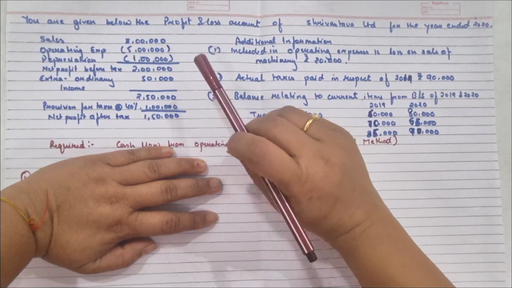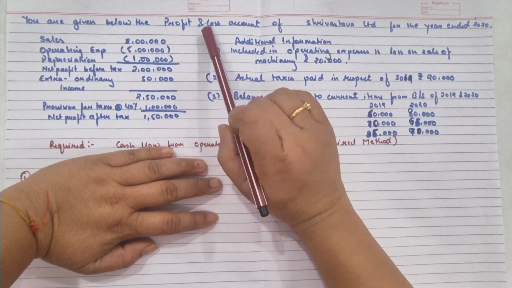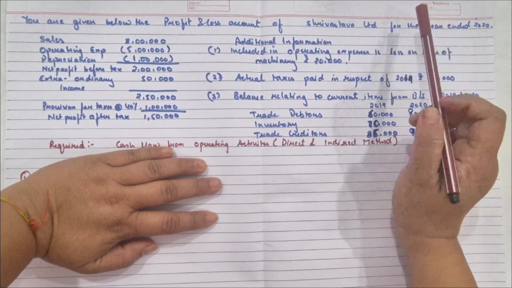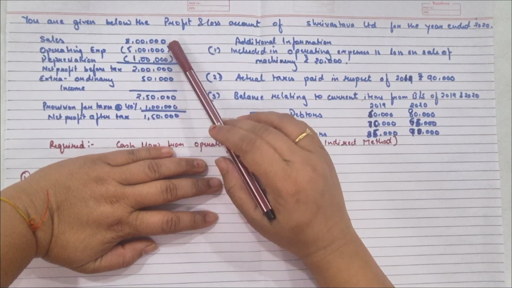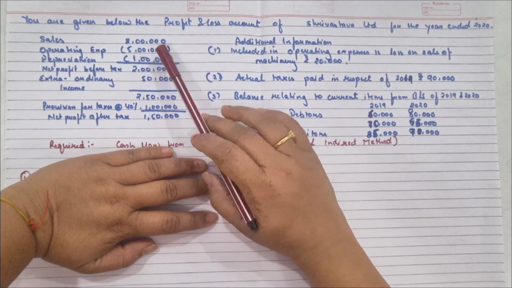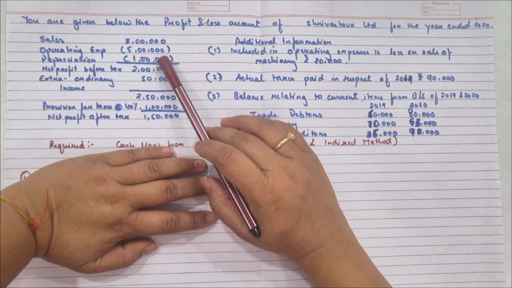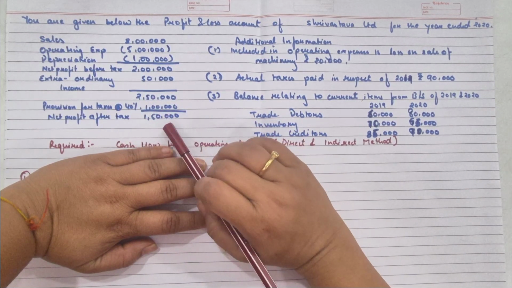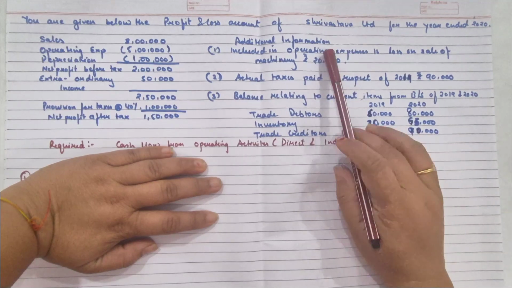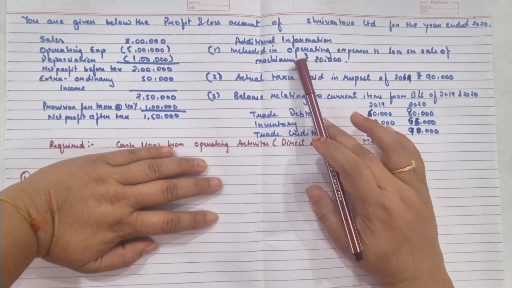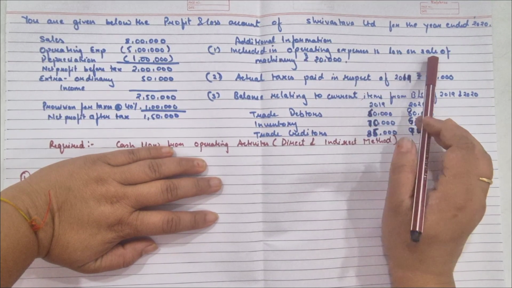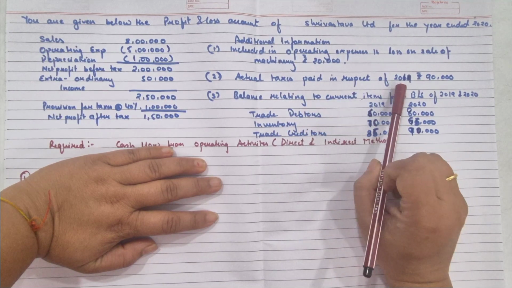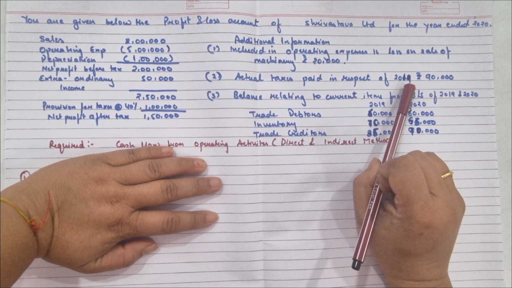In this video, given below is the profit and loss account of Srivastav Limited for the year ended 2020. The extract from the P&L account shows that the sale is 8 lakh, operating expenses this much, the net profit before taxes is 2 lakh and net profit after tax is 1 lakh 50. Some additional information is given: included in operating expenses is a loss on sale of machinery of 20,000. Actual tax paid for the year 2019 is